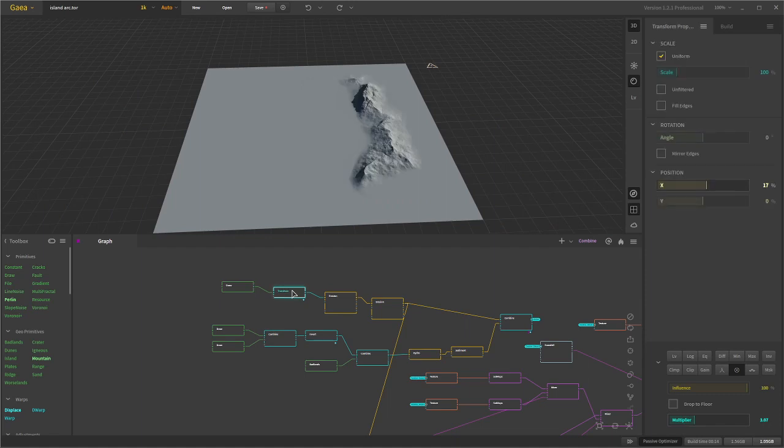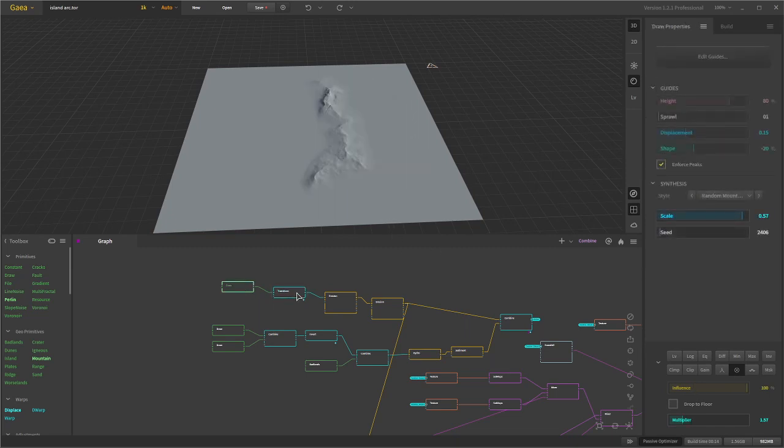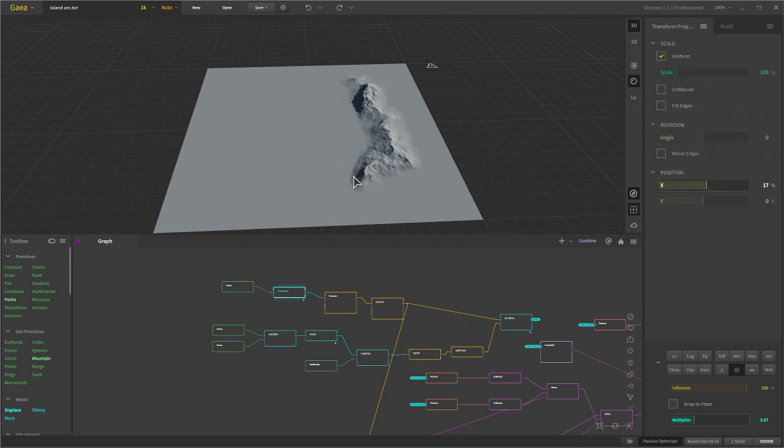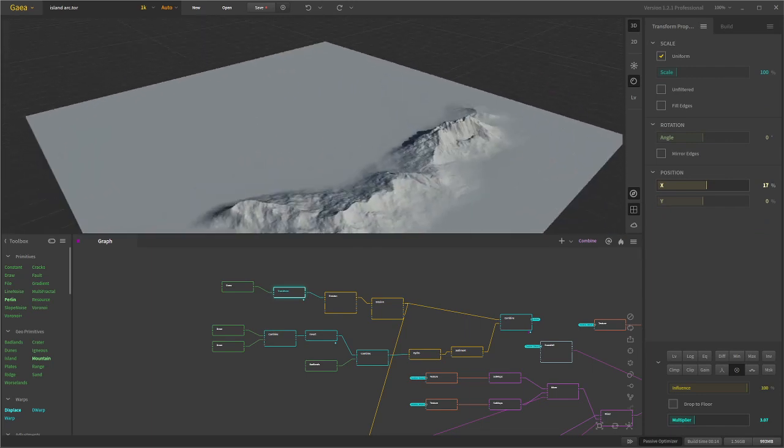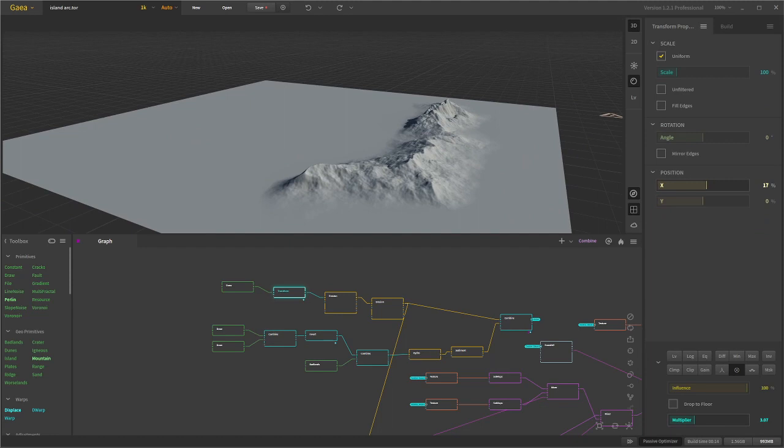This Transform node I actually added a little bit later in the process because I wanted the island arc to be located next to the trench, so I had to move it a bit. Maybe you'll need to do that too. The Transform node also contains a Raise node over here, so I can get the terrain to be a little bit higher than I originally had from the draw map. This was something I was pretty pleased with.